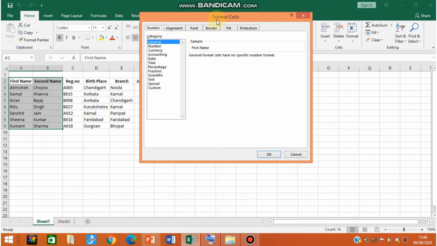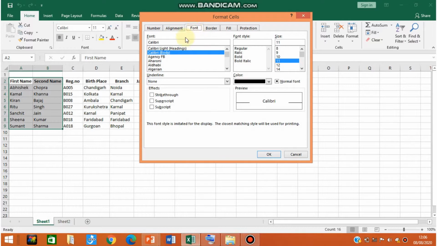In this format cells dialog box there are 6 tabs. From the 6 tabs you have to select the font tab. Click on the font tab, and here you can select whichever font style you want.